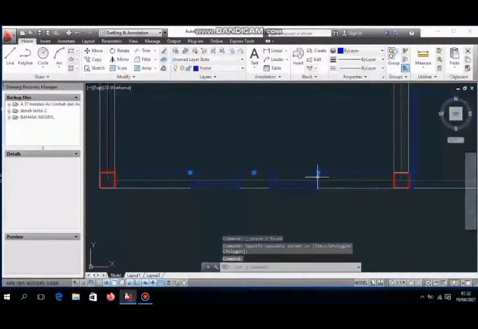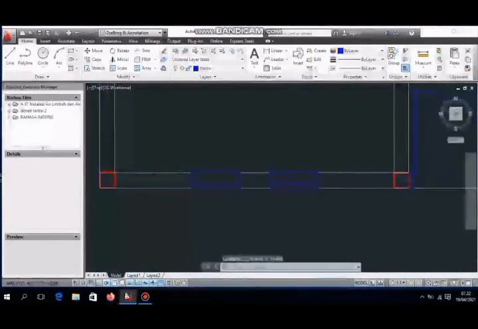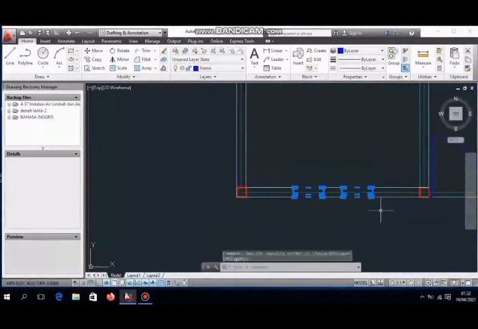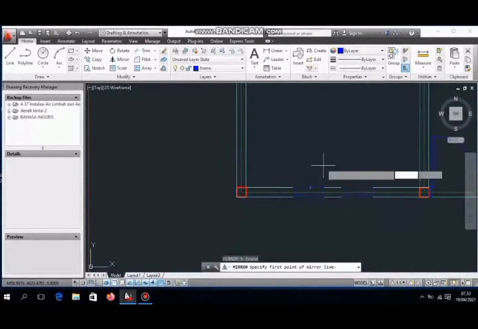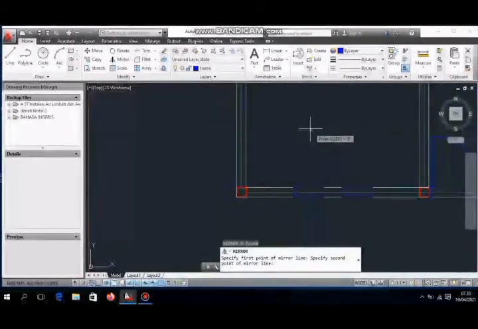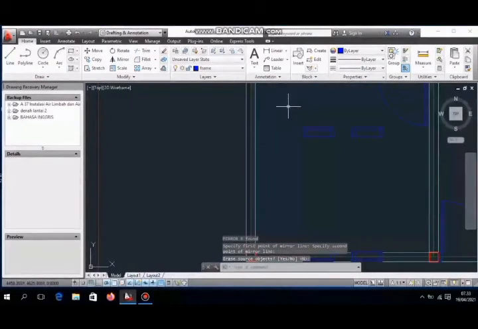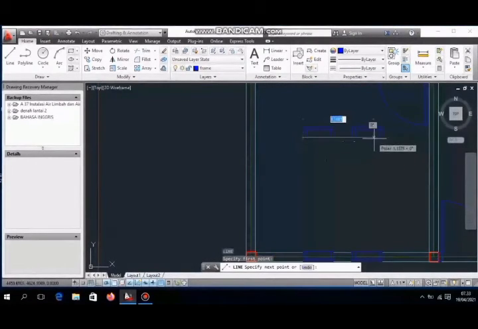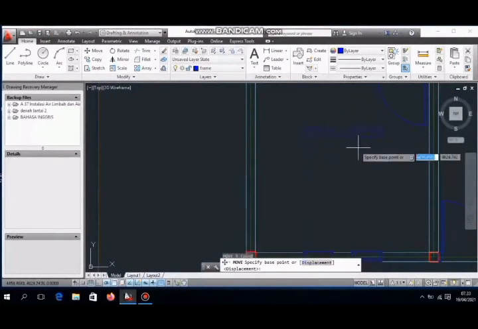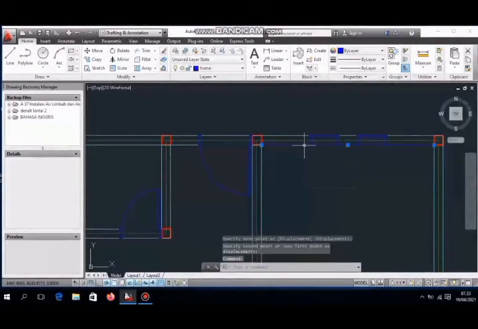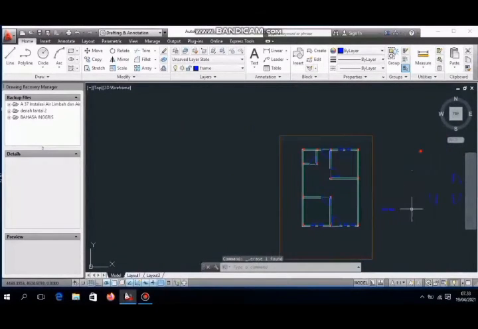After that, remove grid line. After that, mirror. Make guide line, then move to the middle and remove guide line.